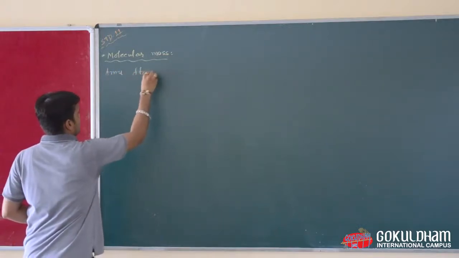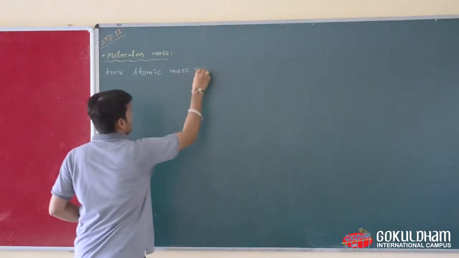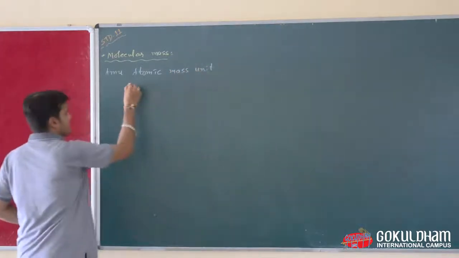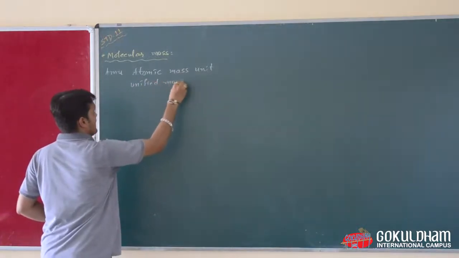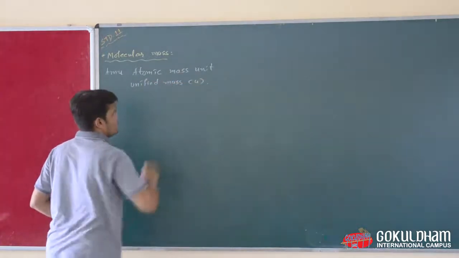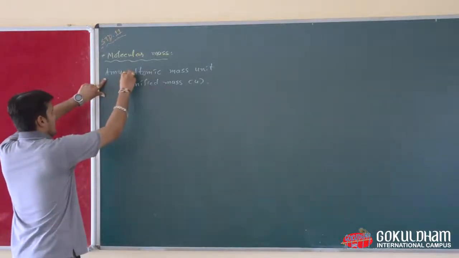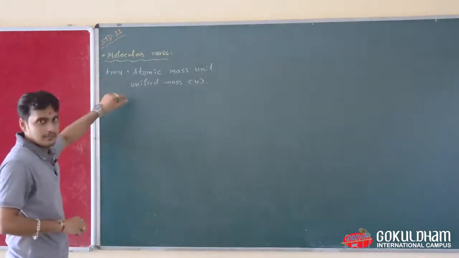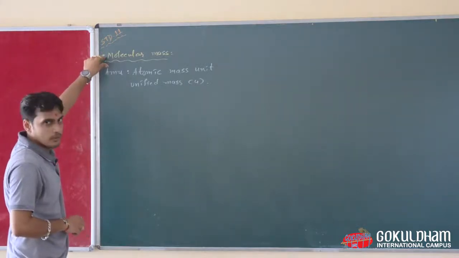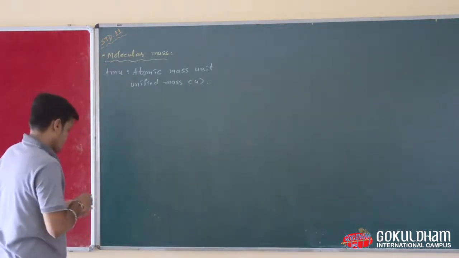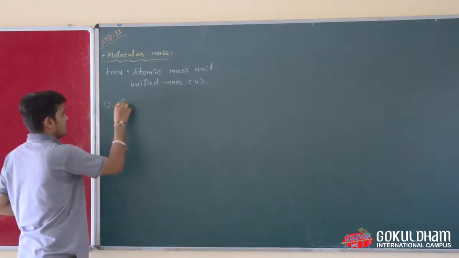AMU means atomic mass unit, or you can say unified mass indicated by small u. When we combine these atomic weights of different elements, the total is the molecular mass. We can understand by this simple example,